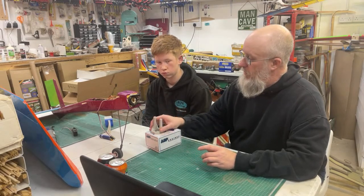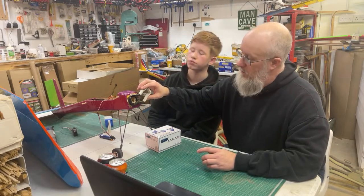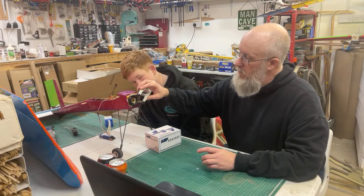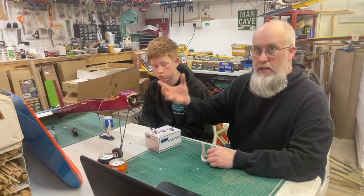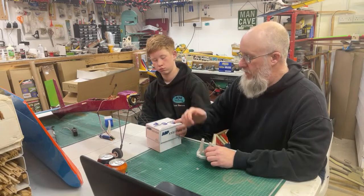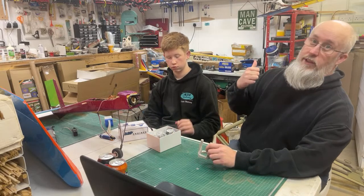So that's the mount which I got for the 36, and it's probably 3mm narrower than what's fitted. So a 36 or 37 would be rattling around in there. Now, while we were rattling around under the bench over there the other day looking for something else,